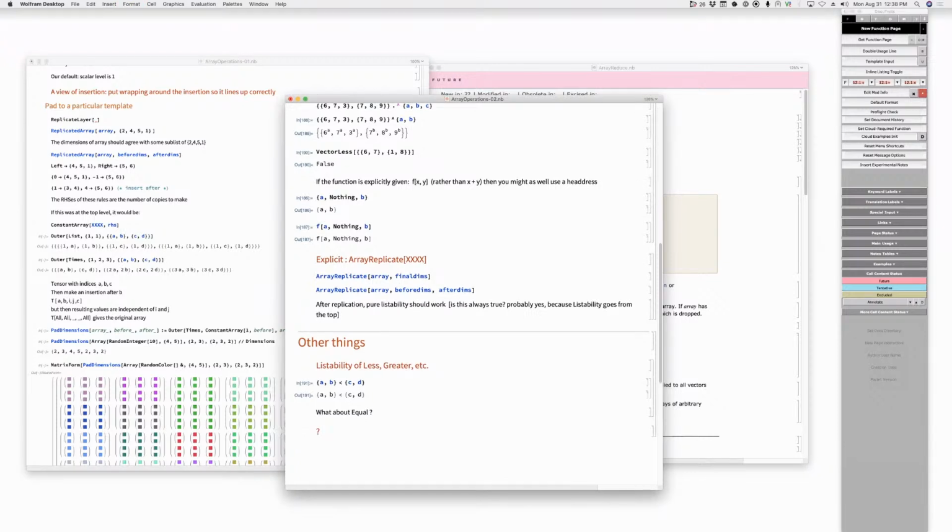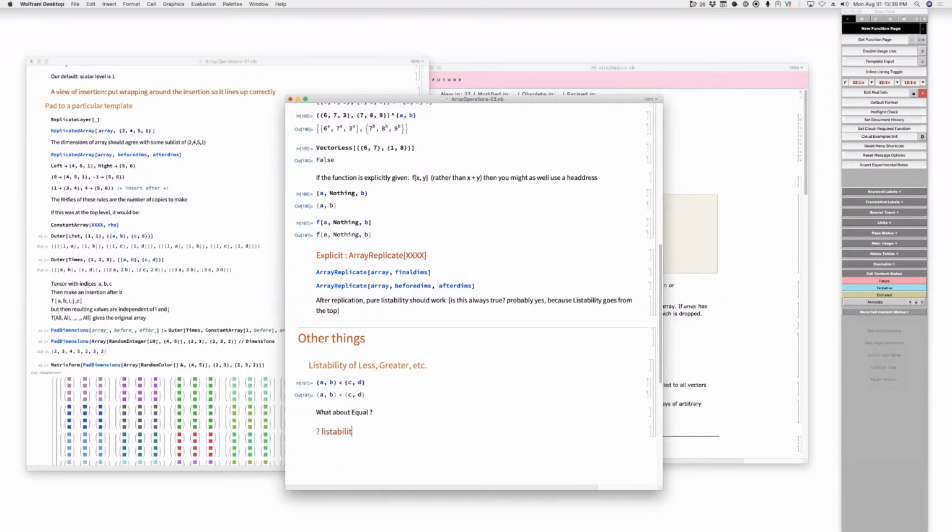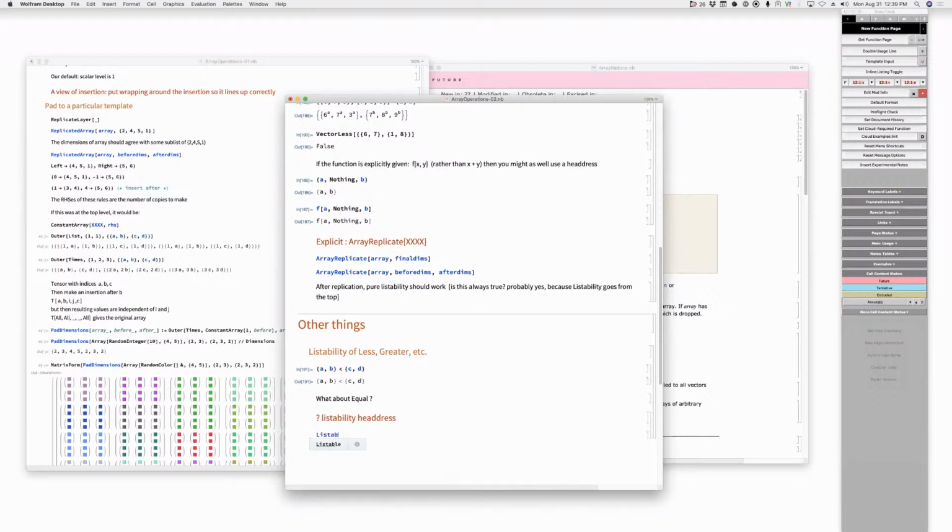There's thread. Yeah, map thread. Yes. Okay, but does thread work for higher levels? I don't think so, not necessarily. But also, what about, okay, so this would be something where you would say listably equal